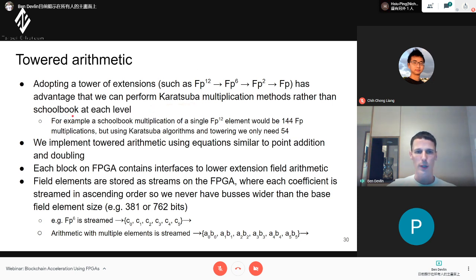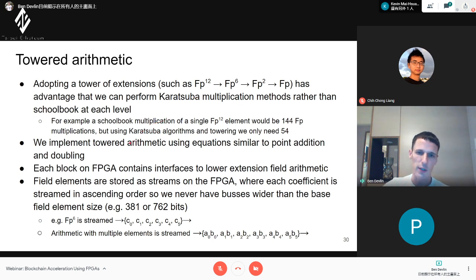If we took the very basic schoolbook method, where we do all of the cross products and then add up all the results, a single FP12 multiplication would take 144 FP multiplications. But if we're using something like Karatsuba, where we split the multiplications into fewer multiplications plus some additions, we only need 54. So this is where the towering arithmetic gives us the advantage.